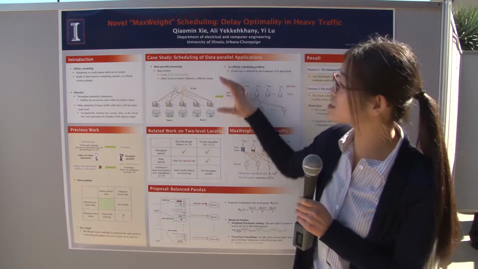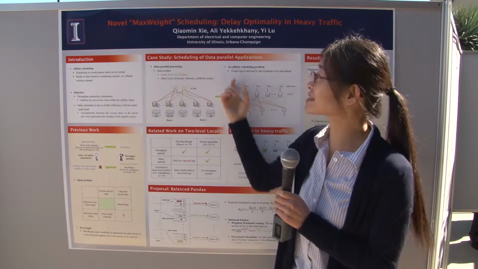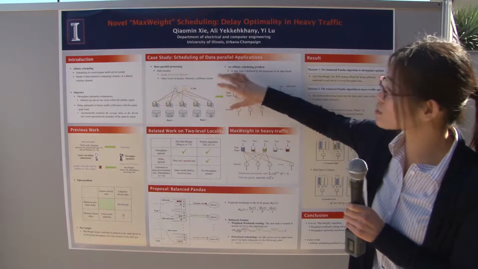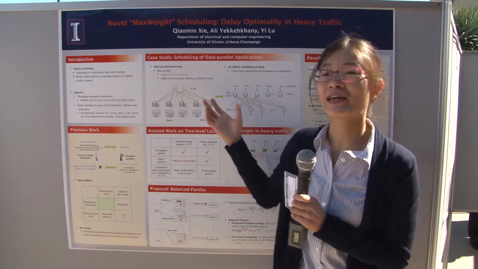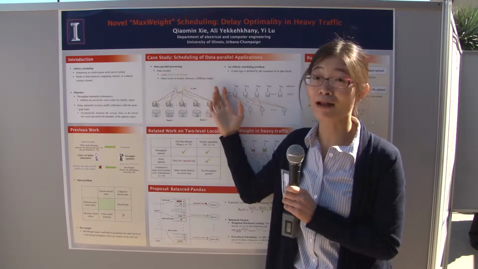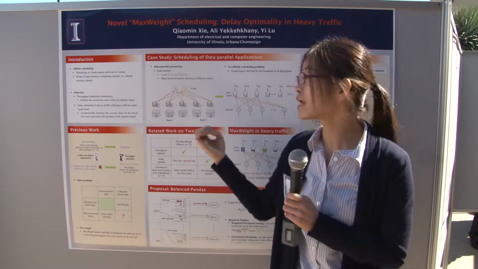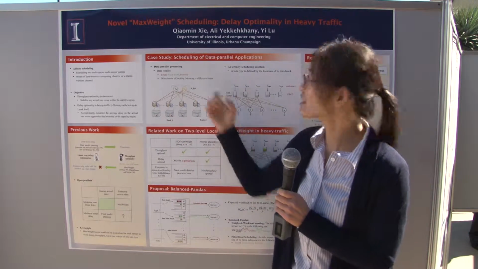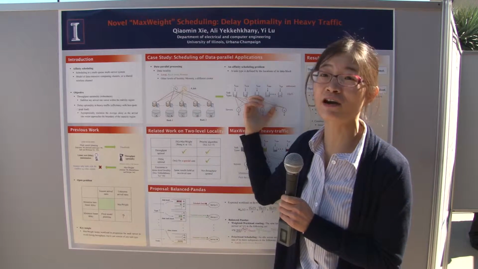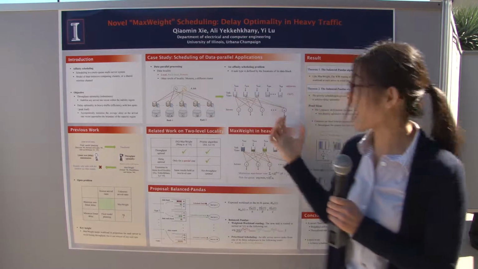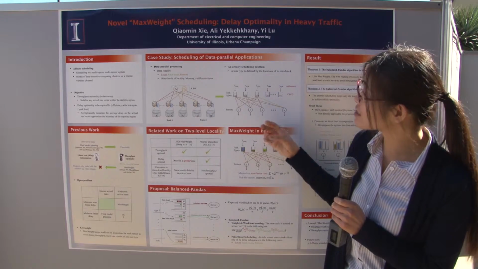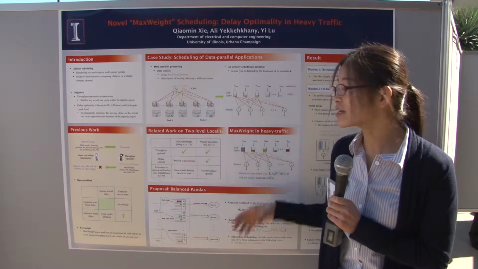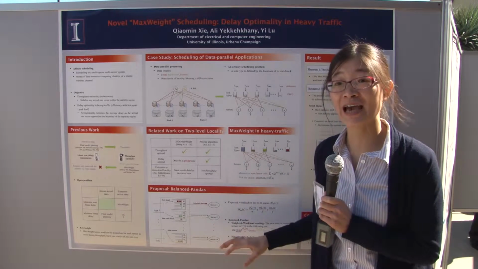It turns out that we solved this open problem in the setting of scheduling for data parallel applications. Data locality is a fundamental problem for data parallel processing, and it means the tasks can be processed by different servers at different rates, depending on the data location. And it turns out we can transform this problem into a classical affinity scheduling problem. Unlike the previous work that only considered scheduling, our idea is to co-design the routing and the scheduling.